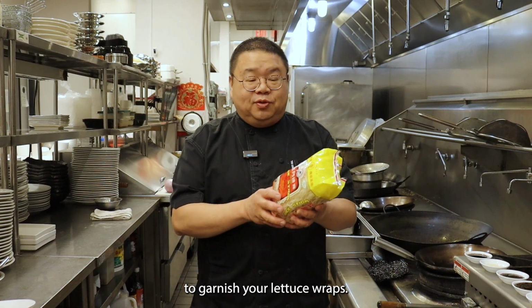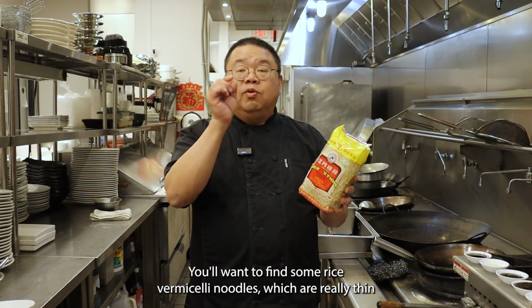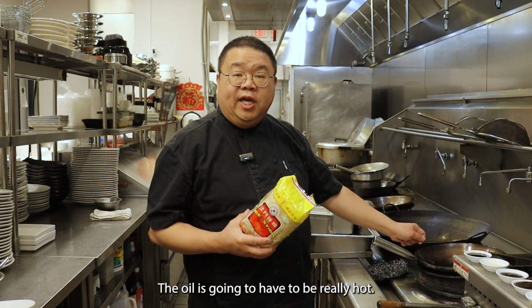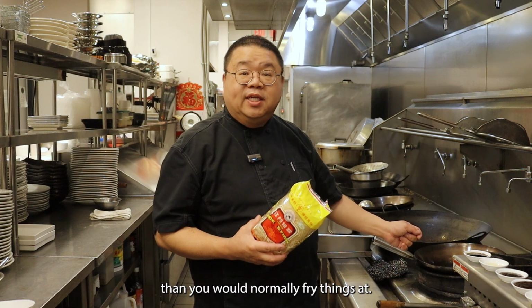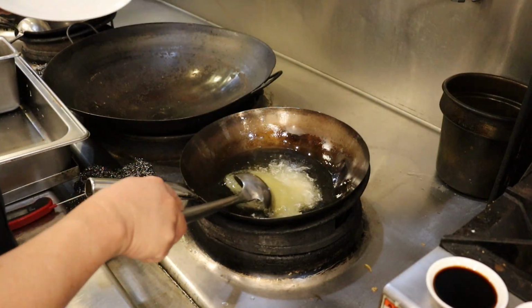To garnish your lettuce wraps, you'll want to find some rice vermicelli noodles, which are really thin noodles made from rice, and we're going to fry them. The oil is going to have to be really hot. You want it to be about 450 degrees, which is hotter than you would normally fry things at, so that they puff up. So we're gonna put in our...